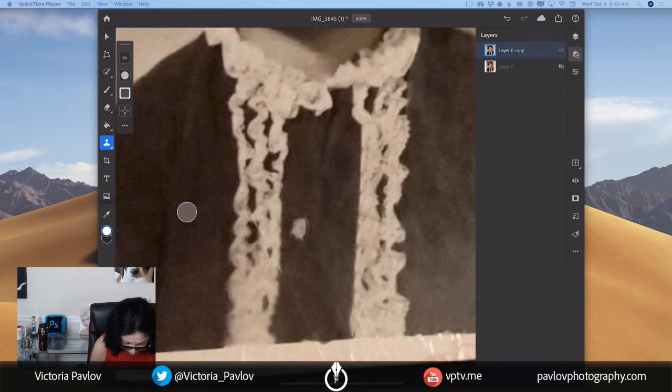Guys, you can do better job than I'm doing right now. I have only 20 minutes to stream. Definitely I would like to restore this image in my usual good way, but because I don't have enough time, I will try to restore this image as quick as I could and in the best way,